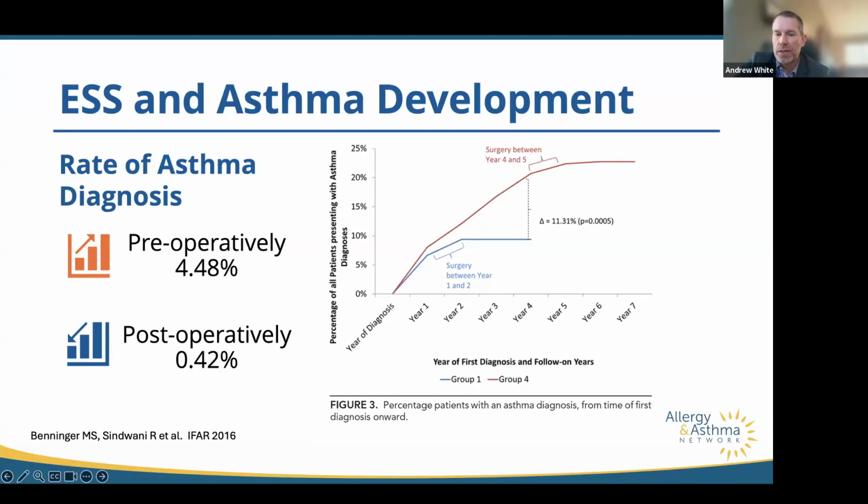And what we see here is this really important observation in blue, that the patients who had sinus surgery had a halt in the development of their asthma diagnoses. It seemed to have a disease-modifying effect. If you look at the rate of asthma diagnosis, if the patients had not had surgery, it's a 4.5% rate of asthma diagnosis in that group in red. Once you have this sinus surgery, the rate drops to 0.4%,